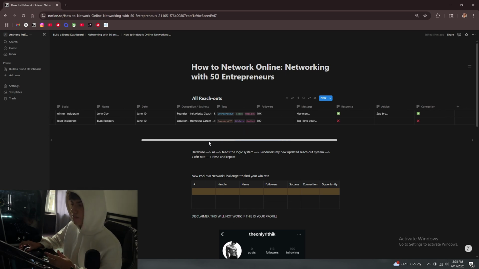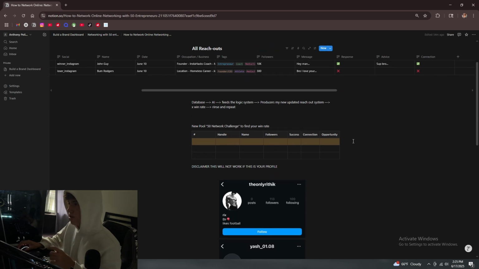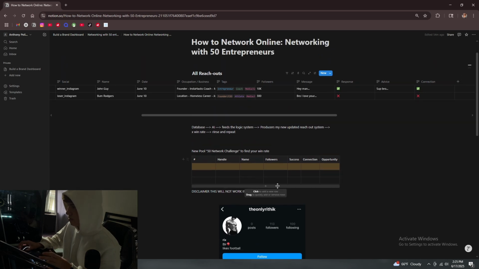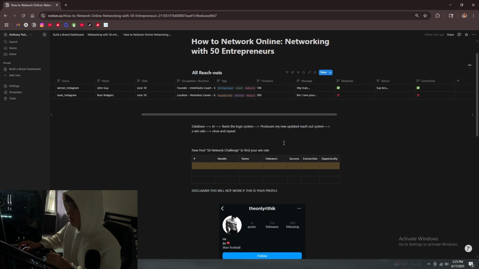Maybe instead of 5 out of 50, it's 12. So 12 out of 50, whatever. And that is kind of your win rate going up. And what I'll show you, what you could do and what I did for this challenge, is this little pull. This is what a database looks like before you kind of confirm it. It's in this little table section.